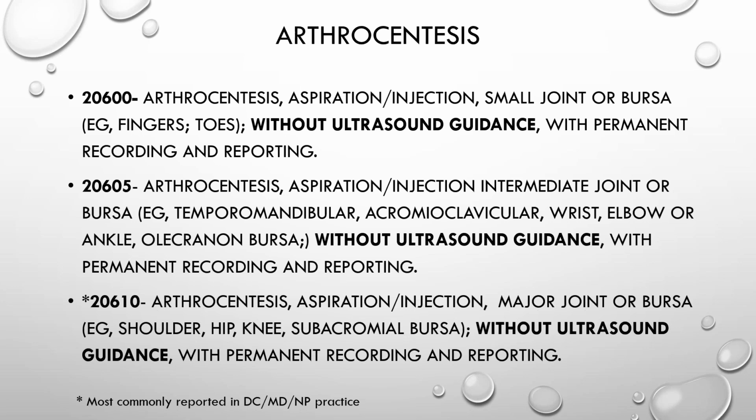being aspirated. So the 20600 code is the arthrocentesis of a small joint, and they give the example of fingers or toes, and this is without ultrasound guidance. 20605 is for the intermediate sized joints, for example the TMJ, the wrist, the elbow or ankle, without ultrasound guidance. And then you have the arthrocentesis of the large joint, which is the shoulder, hip, knee, and this is also